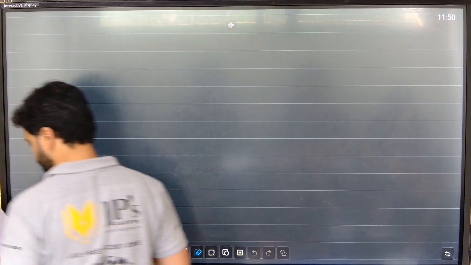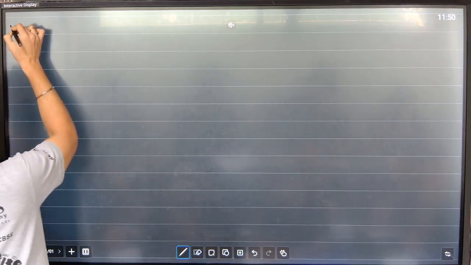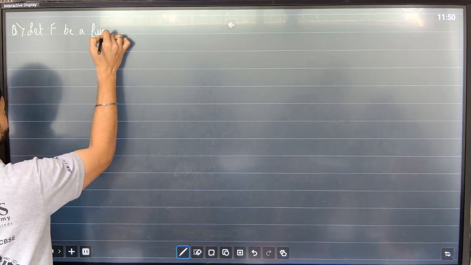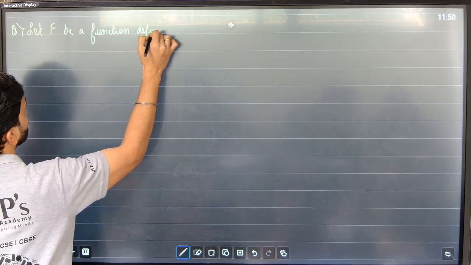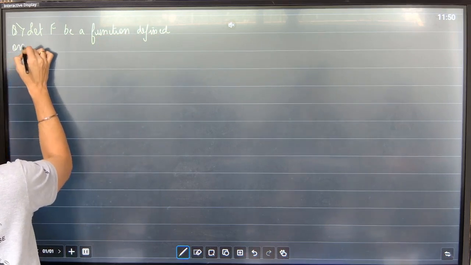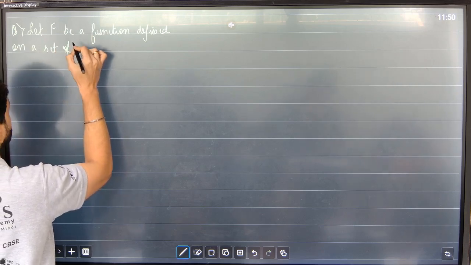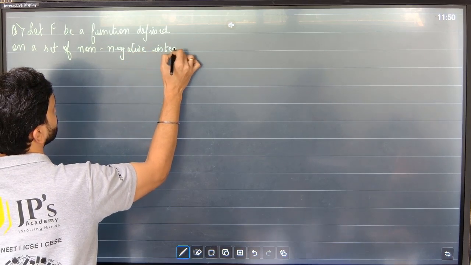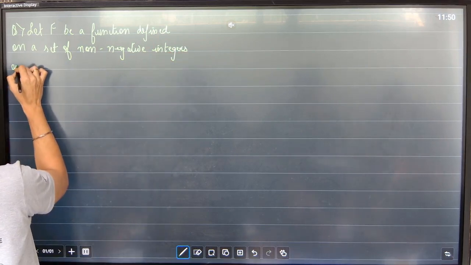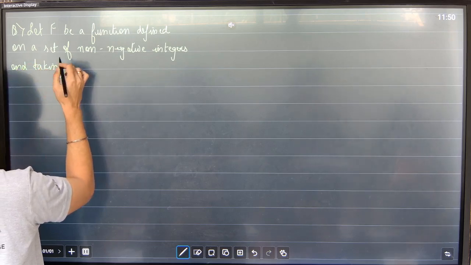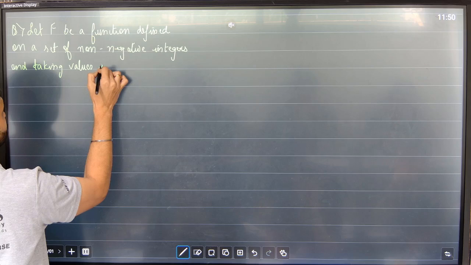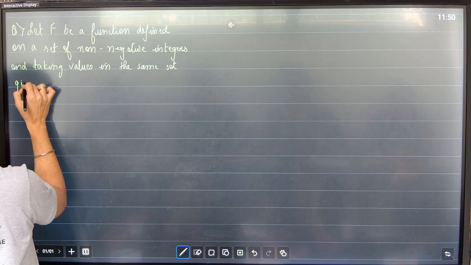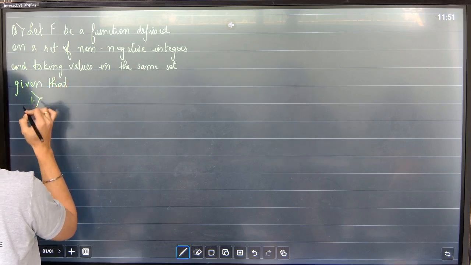Now, question. Let f be a function defined on a set of non-negative integers and taking values in the same set. Okay, given that,